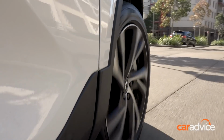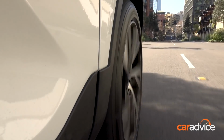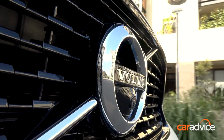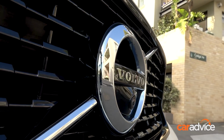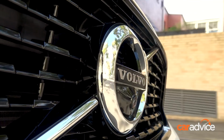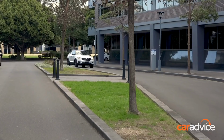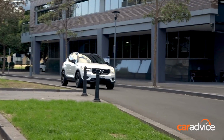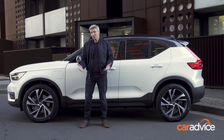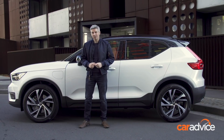The good news is that the Recharge Hybrid is the most affordable plug-in Volvo by a huge margin. The bad news is that its $64,990 starting price makes the Recharge Hybrid $8,000 more expensive than the T5R design, the previous range-topping XC40 on which it is based. The Recharge plug-in hybrid pretty much looks like a T5R design from the outside, with just a